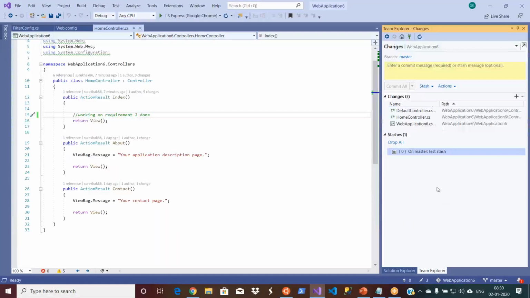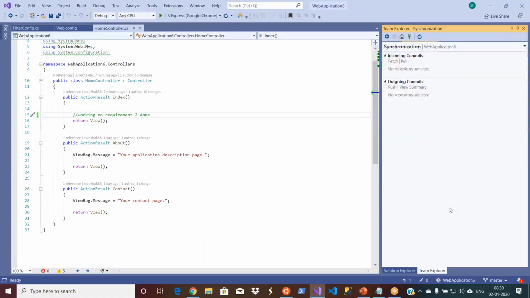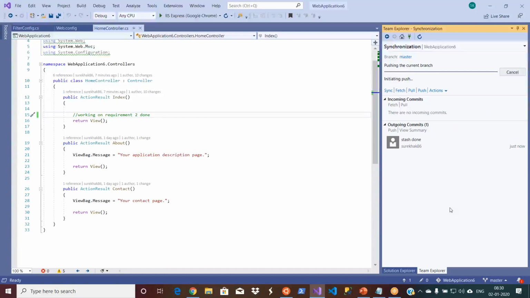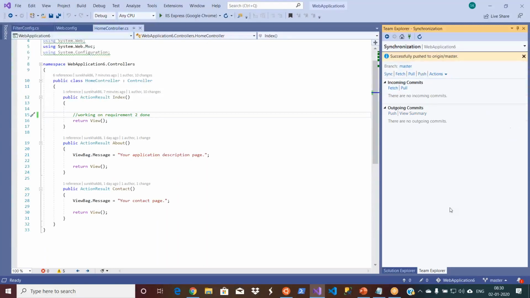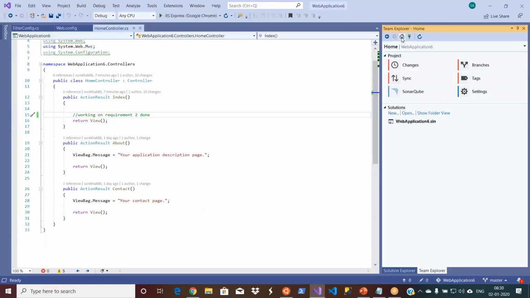Just click on commit, and now, stash done, just some comment. Now select commit all and push. Okay, done. My changes have been pushed to the source control management tool, whatever it is.